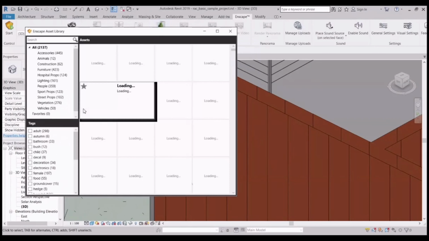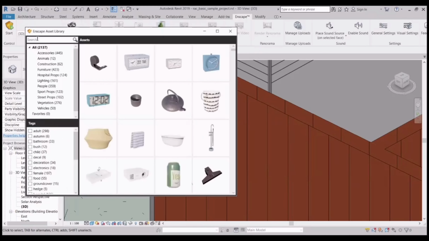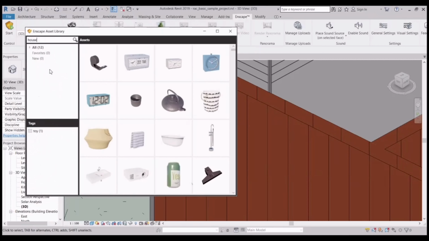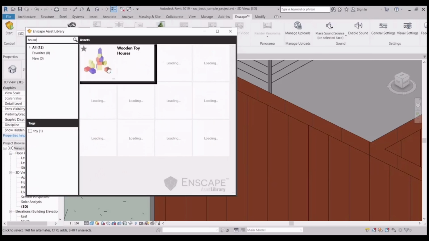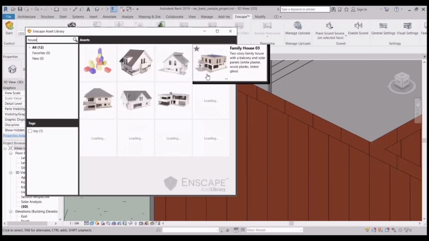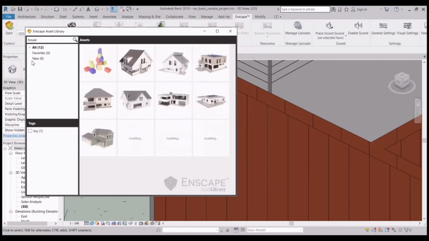From there you can choose, and you can also search, like if you search house, it shows these results. You can search all your assets from here.